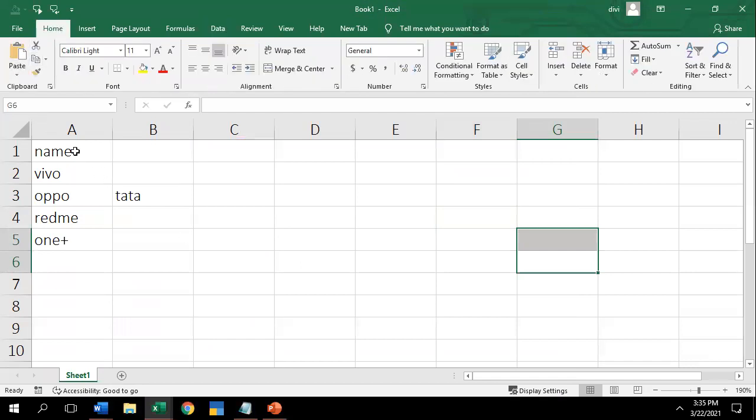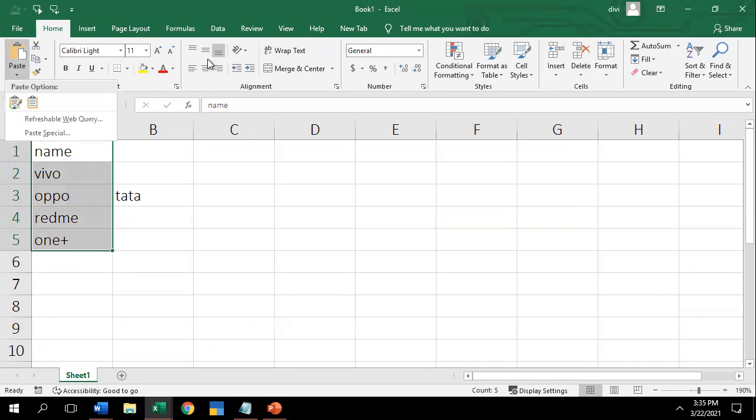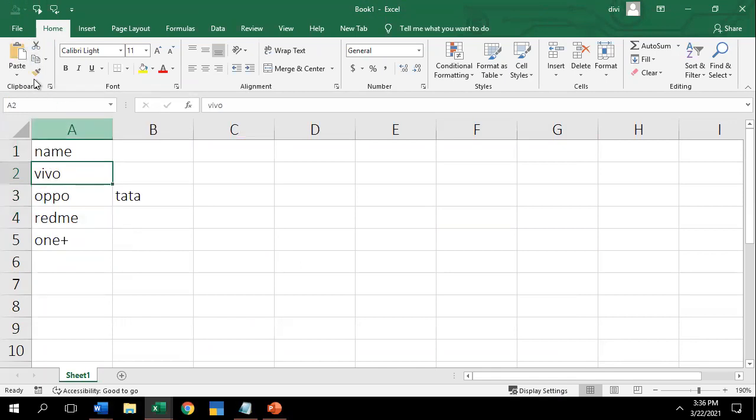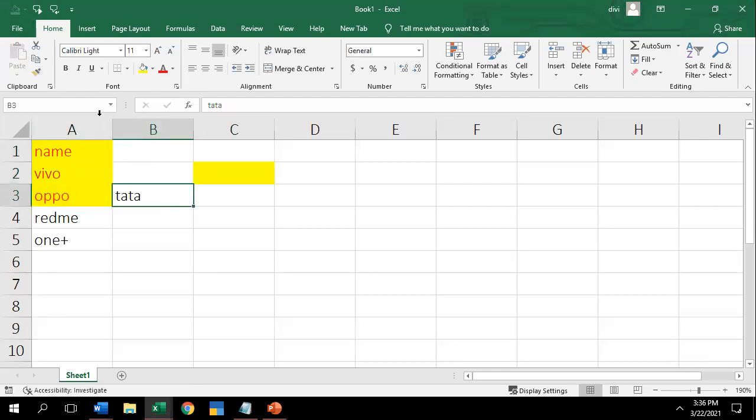Under that, I have explained Paste Special: paste as transpose, paste as values, paste from horizontal to vertical, without formulas, like that. We have different kinds of formulas. And you have Cut, Copy, and Format Painter. What is a Format Painter? Whatever format I have selected for the first cell, if you want to copy the same thing to another sheet or another cell, you can click on Format Painter and apply it to the other cells. Format Painter means copying the formatting to other plain text.